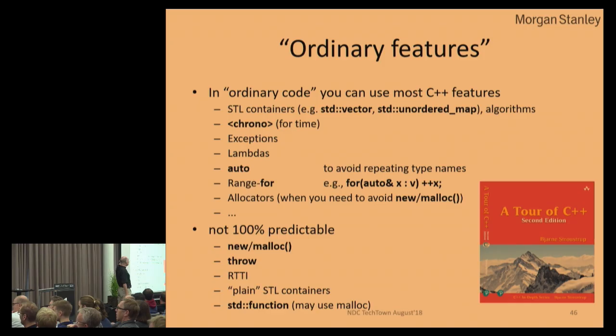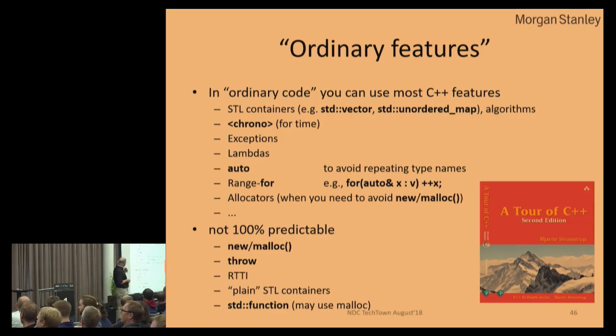Lambdas, I haven't gone into lambdas today. They're really useful for code you execute only once, that you only call once, and for parameterizing things to make your applications more flexible. Auto to stop repeating. The range for is really useful for writing simple loops, and most loops are simple. For all x in v, do something to x. That's simplification. It actually matters. When you're looking at the code, it's easier to read. You don't have to worry somebody's messing with a loop variable or something like that. It's slightly less error prone.